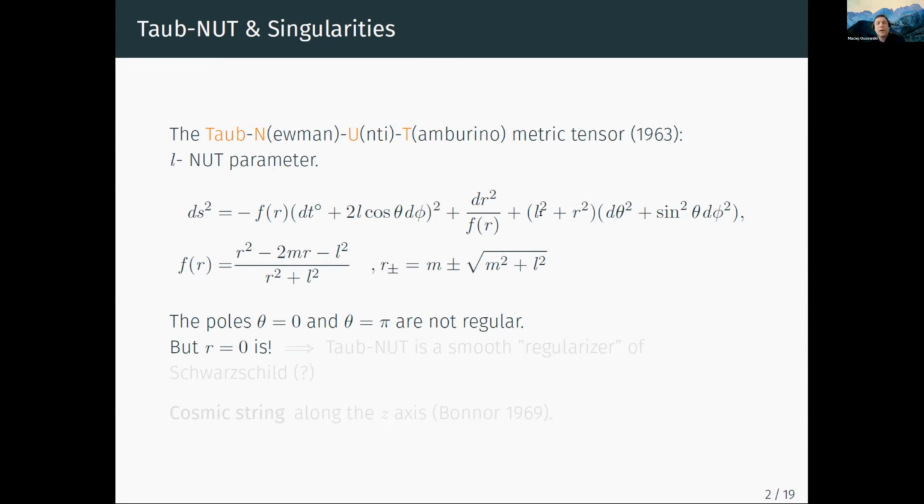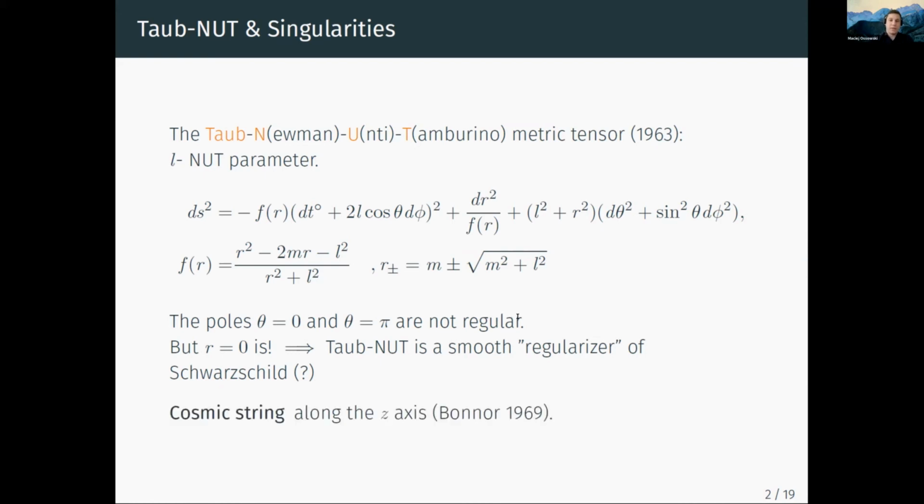So if you could somehow interpret away those singular axes of rotation, then the Taub-NUT would be something very nice. It would be a smooth regularizer of Schwarzschild, which also happens to solve Einstein equations, which is also an exact solution. And of course, there were many attempts to tackle this problem. One of them was